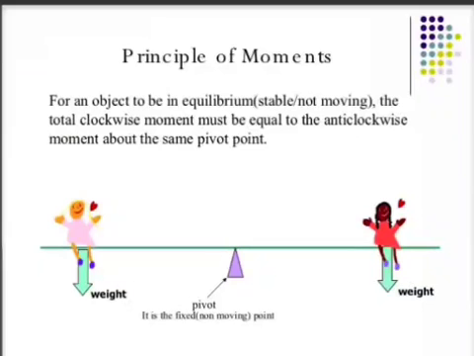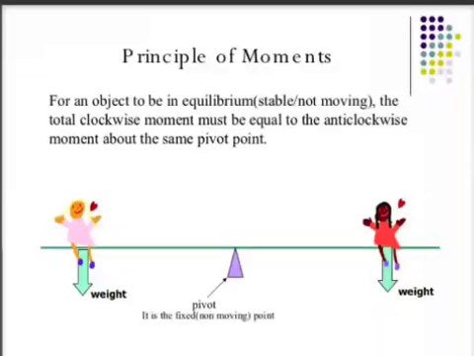Now what is the principle of moments of force? So there are two moments, clockwise moment and anti-clockwise moment. Principle of moments: if they are in equilibrium, meaning they are balancing, meaning it is horizontal, the clockwise moment is equal to the anti-clockwise moment. In simple words, for an object to be in equilibrium, equilibrium means what? Stable, not moving. The clockwise moment should be equal to the anti-clockwise moment.